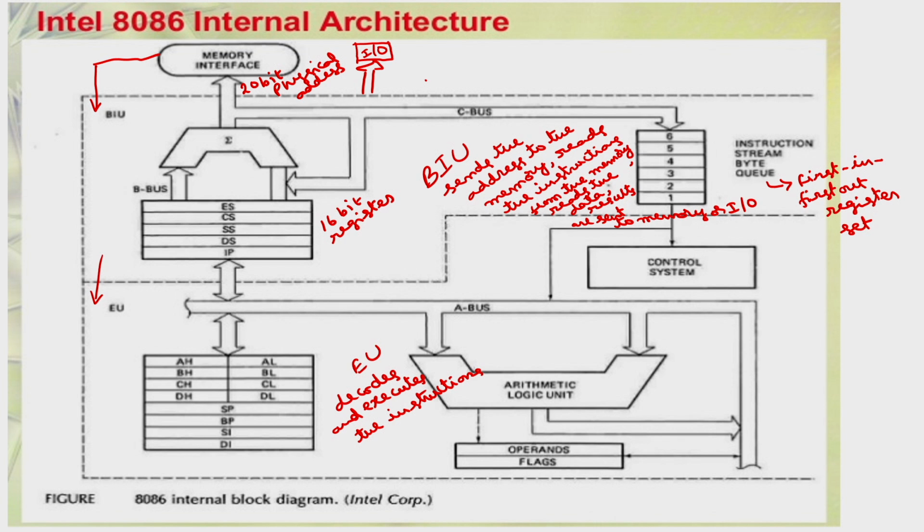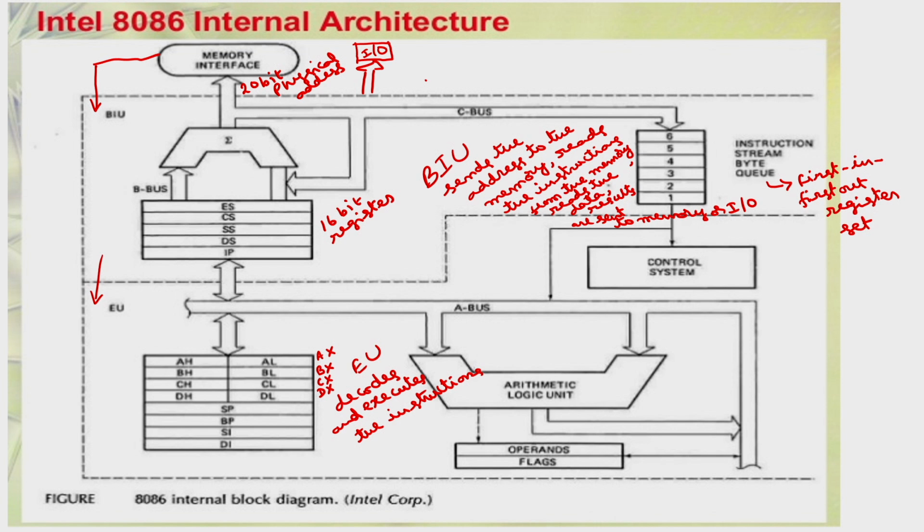We have different registers, as I have told: AH, AL. This can be used as AX as a whole, and BH and BL can be used as BX as a whole, if you want to store 16-bit data. Similarly CH and CL as CX, and DX. For 16-bit operations, we will use AX, BX, CX, DX. For 8-bit operations, we can use AH, AL, BH, BL, CH, CL, DH, DL. And then we have the stack pointer. Just now I have explained the stack pointer operation.